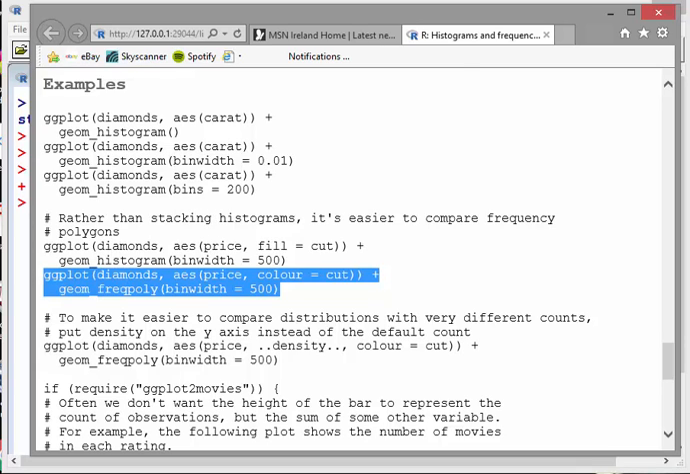Okay, got a bit of a clink there. I don't know what happened there. Anyway, so